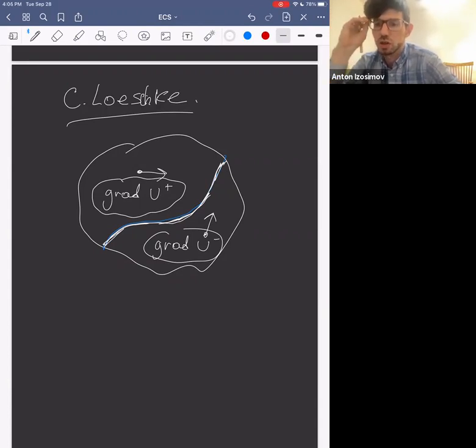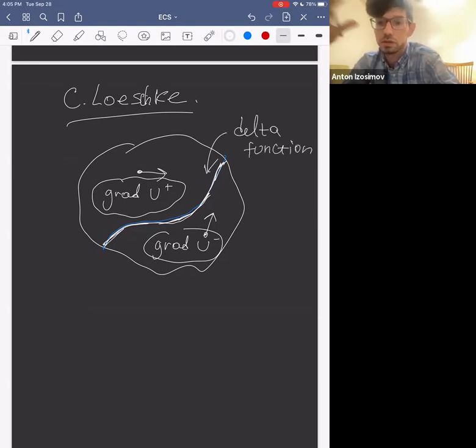So it's not zero vorticity globally, which would be impossible, well, not exactly impossible, but you cannot have a global harmonic function. So if you are, say, on a sphere, you cannot have a solution of the Euler equation with zero vorticity. But here, the vorticity actually behaves like a delta function that's concentrated on this hypersurface. So that's an alternative description of these special solutions to the Euler equation that were considered by Loschke: the vorticity is a delta function attached to a hypersurface. And